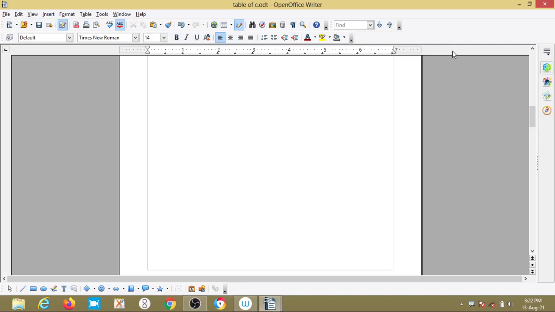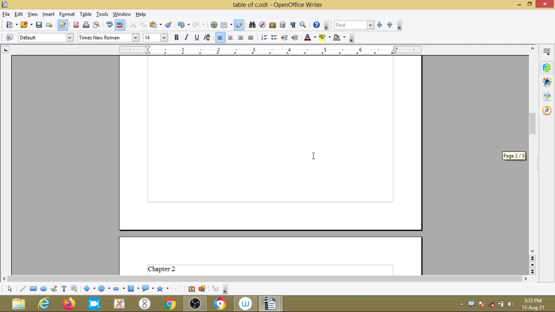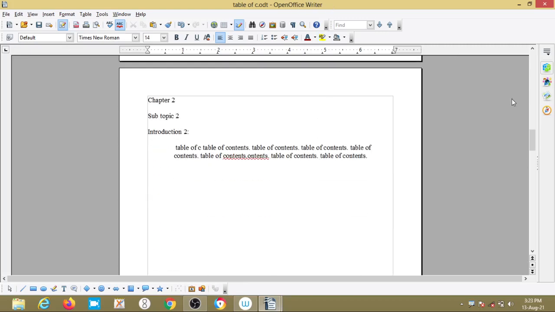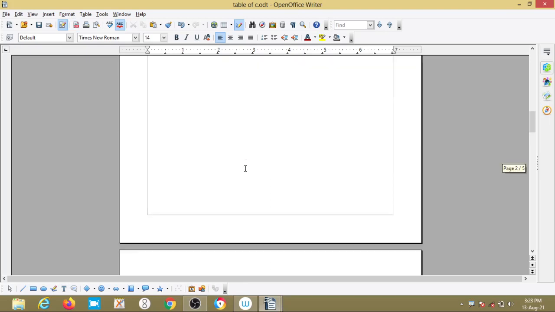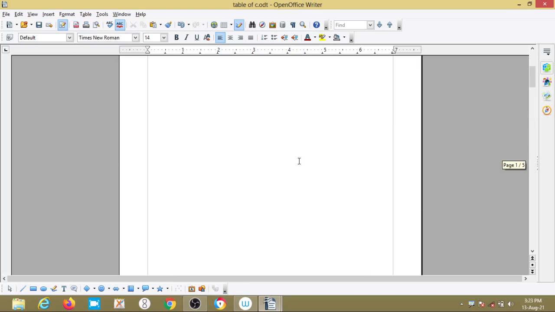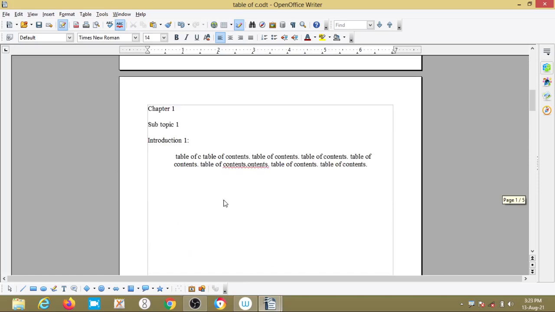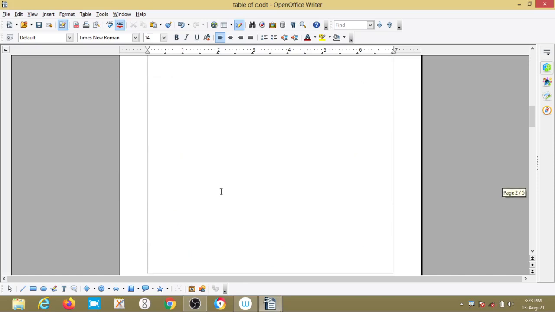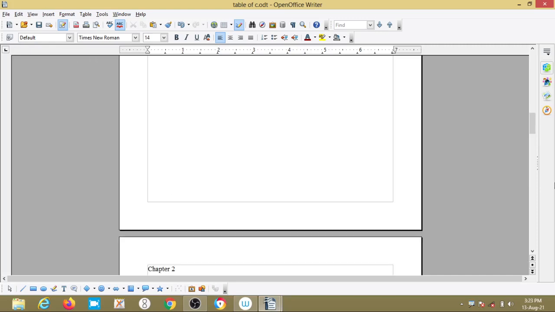So we will see how we create the basic table of contents. Here I am using Open Office Writer for creating the documents. In this table of contents session I am creating a basic table of contents, that means an index.